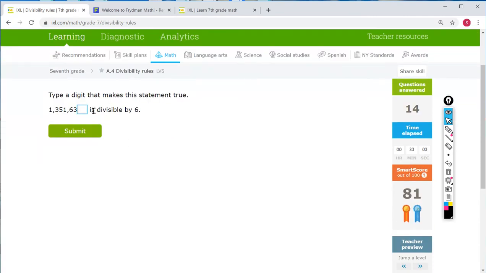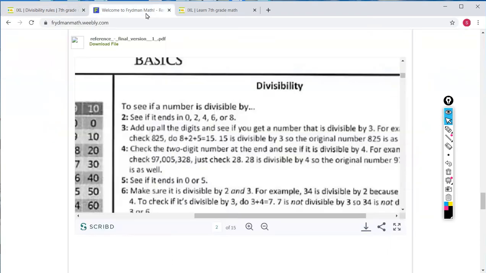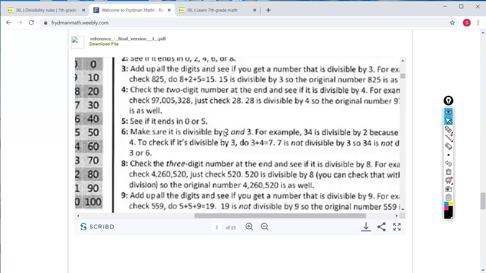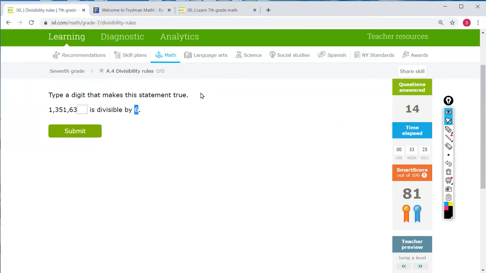Type a digit that makes this statement true. Okay, this one's a little bit tougher now. We have to figure out if a number is divisible by 6; we have to know if it is divisible by 2 and also 3 at the same time. So what are the rules for that? Well, the rule for 2 is it has to end in 0, 2, 4, 6, or 8. The rule for 3 is we have to add up all the digits and see if the final answer is